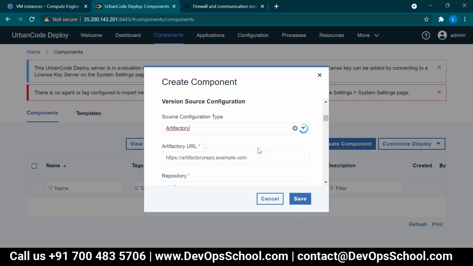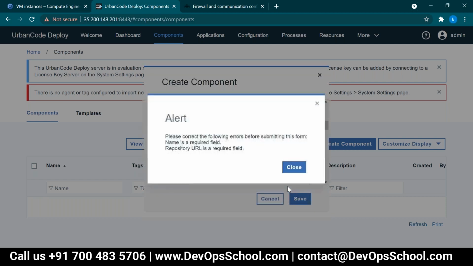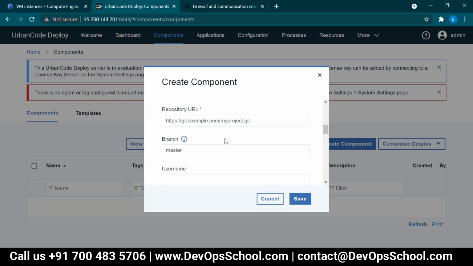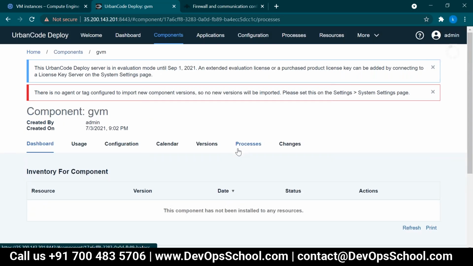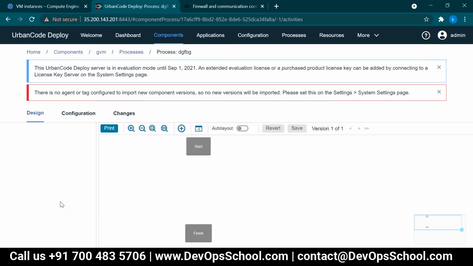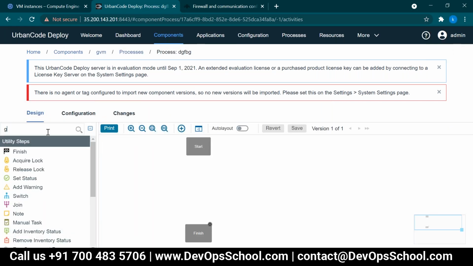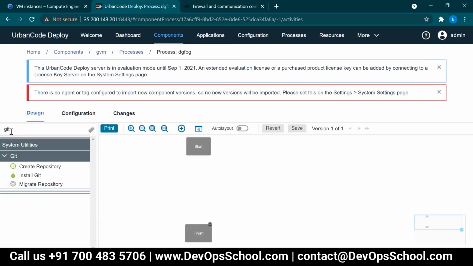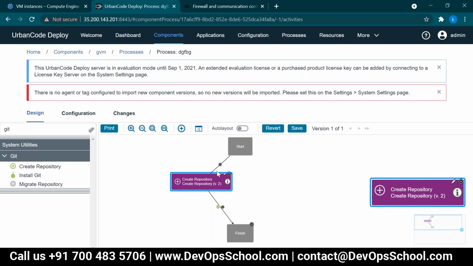If I use git, okay, I have to create a git URL. Okay, git URL, I'm giving an example. Okay, I have to create a process, right? Create process is nothing but your task. Okay, so see, I want the git task. Before, I didn't have these things, right? Now I got the installed automation plugin. So I want to create a repository.